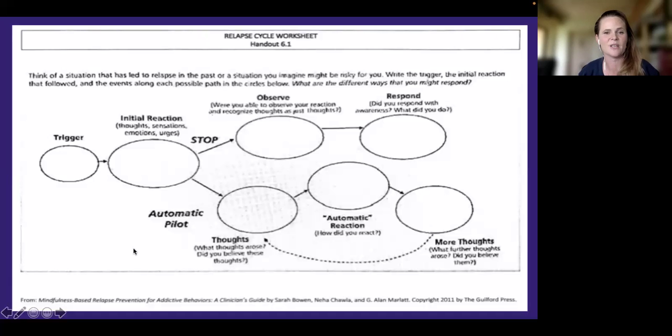An equivalent here in MBRP is the relapse cycle worksheet, and this is a little complicated, so I'm going to really summarize it. You can see the first two steps there are labeling the trigger and then the initial reaction. So just noticing first what is the trigger, what follows it, and then you can see it forks into a decision tree. The bottom tree is the old way, so that's defaulting to automatic pilot. And a representative cycle here is having a thought that then leads to the automatic reaction of using, which then leads to more thoughts and feelings, often guilt, shame, that sort of thing, that feeds into a recursive loop of